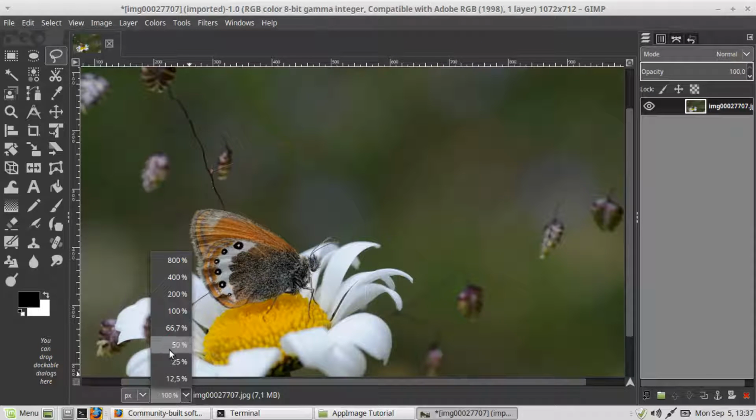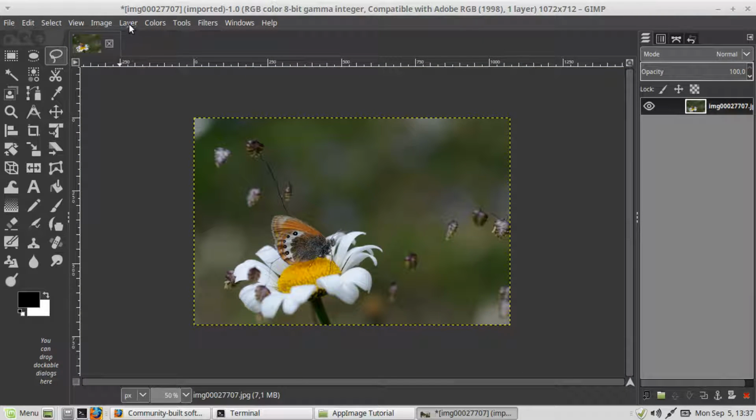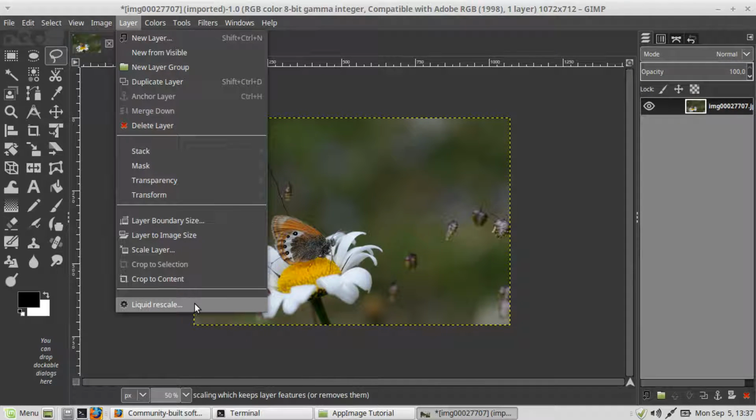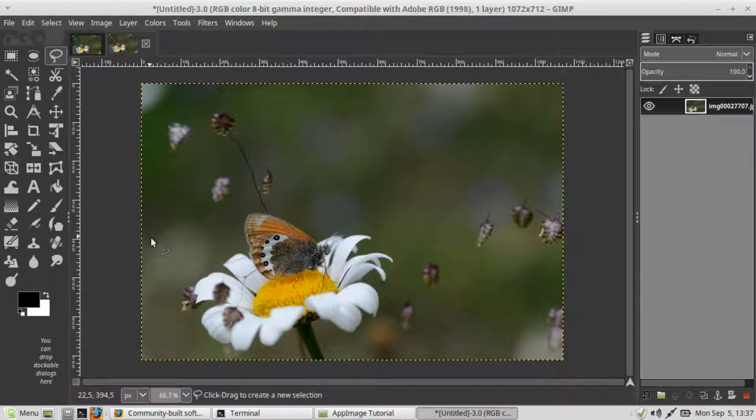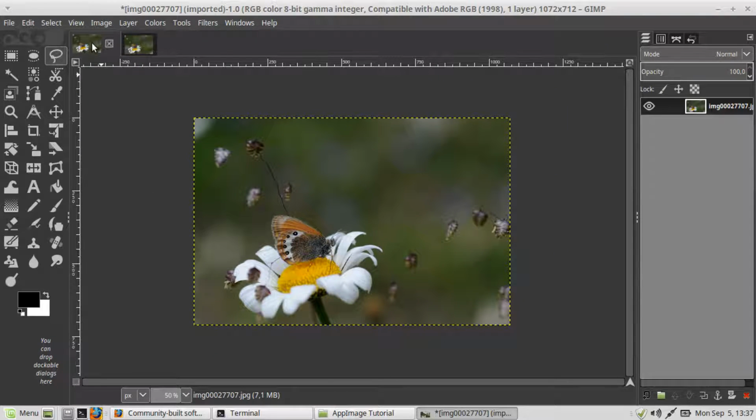A second plugin that I want to describe and introduce is the so-called Liquid Rescale plugin, which is found in the layer menu. This plugin can be described as a content-aware resizing, and we will see in a moment how it works. So first let's duplicate this image just to be able to compare the results, and then I go back to my original image